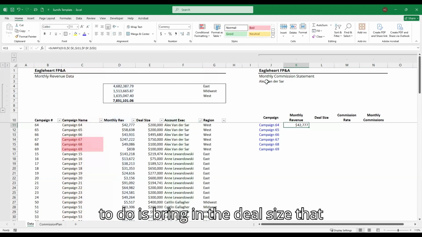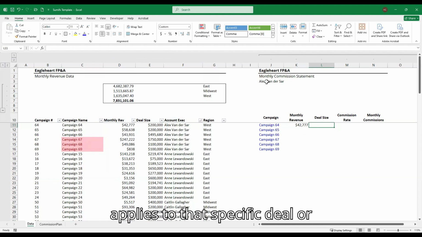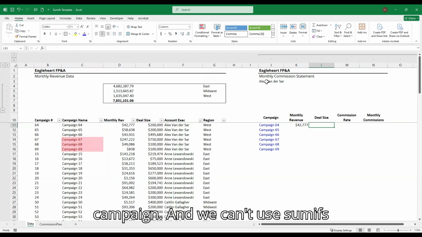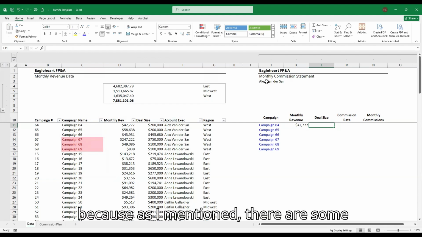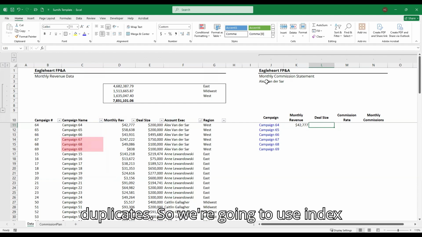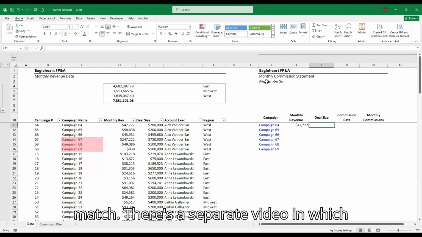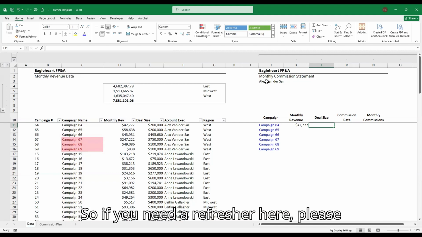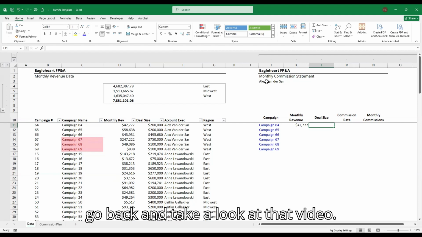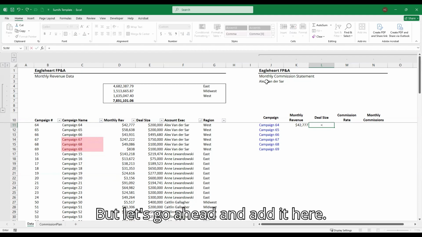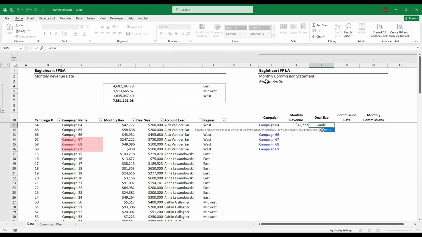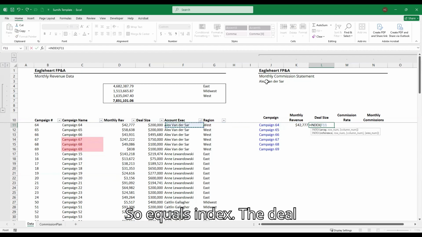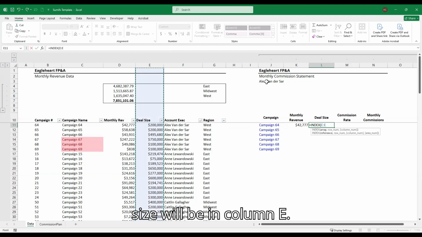Now, the next thing we need to do is bring in the deal size that applies to that specific deal or campaign. And we can't use SUMIFS because, as I mentioned, there are some duplicates. So we're going to use index match. There's a separate video in which I go through index match in more detail. So if you need a refresher, please go back and take a look at that video. But let's go ahead and add it here. So equals index, and the deal size will be in column E,